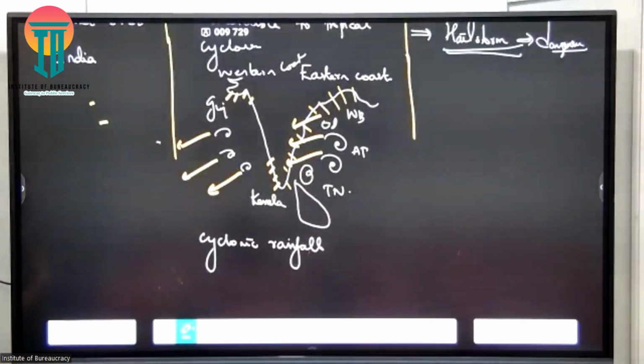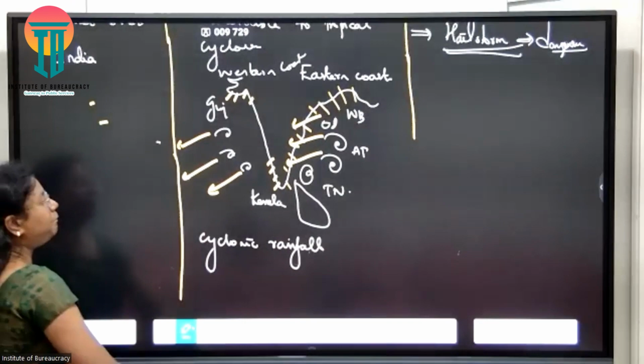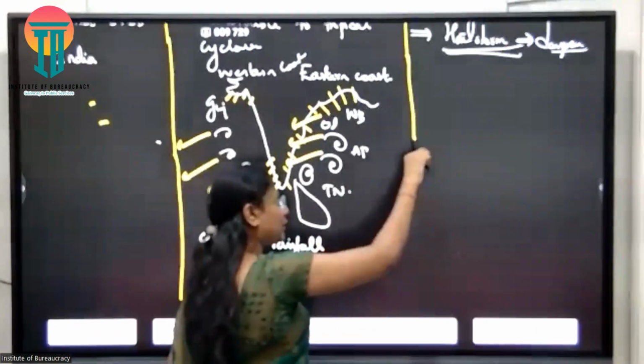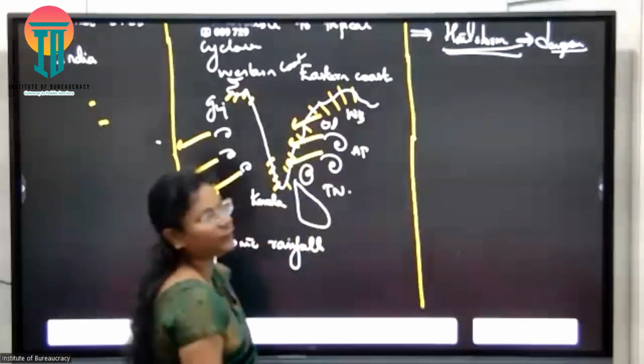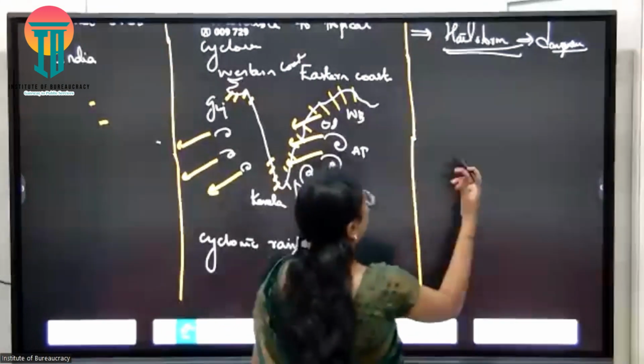Okay. Last one. What about the impact of temperate cyclones over India? Okay, for example,